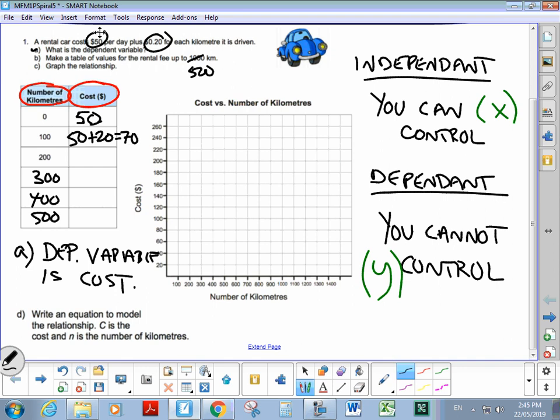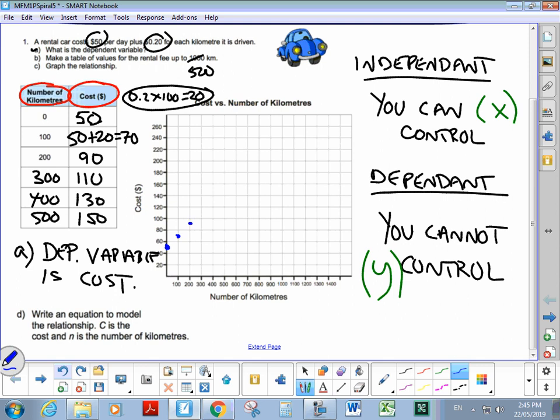Every time we drive 100 kilometers, 0.2 times 100 is $20. It's going up by 20, so 50, 70, 90, 110, 130, 150. This is a very expensive car. It must be a really nice car to cost that much. So there's our table. Now we want to graph it. At 0, 50, it's right here in between. Maybe I'll pick a different color so it's easier for you to see. Let's go with blue. 0, 50, 100, 70,